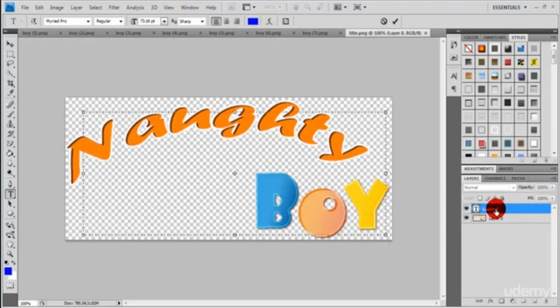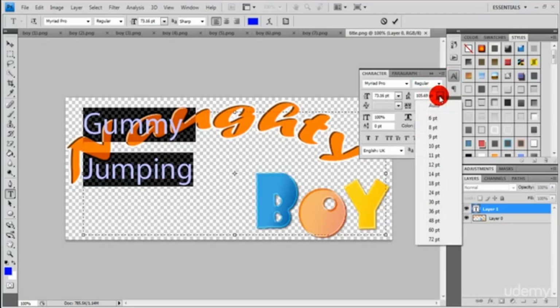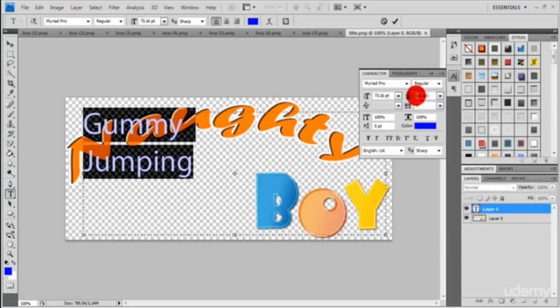Then it will create a new layer. So maybe I just type "Gami jumping." So you can always just highlight this one and then you go to this here, select auto, so that this character won't overlap. So highlight this one, you go to A again, auto. Okay, so